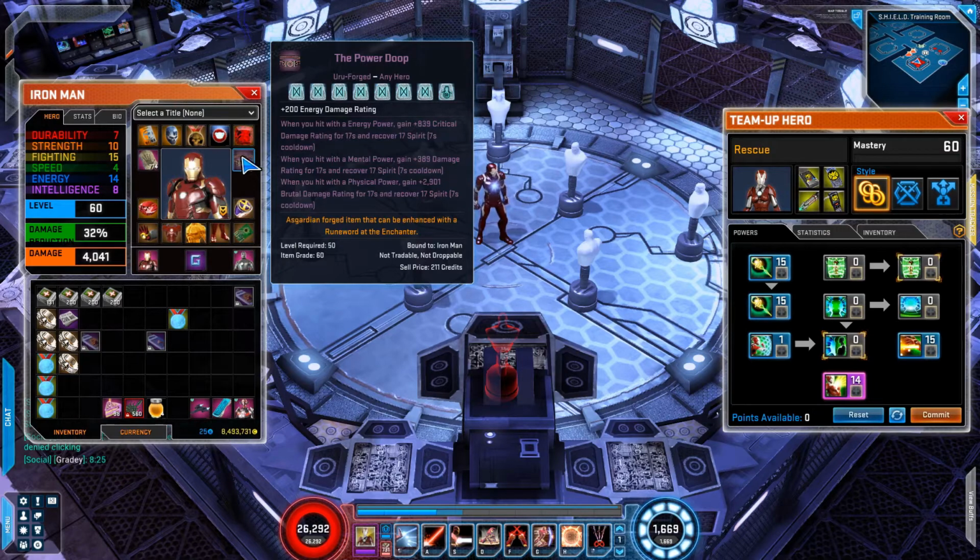I use an energy damage Uru forged item. I forget what this one is called specifically. For the additional 200 damage rating, the enchantment is the power of dupe. The power dupe. Mainly because when you hit with an energy power, you get 839 critical damage rating and recover